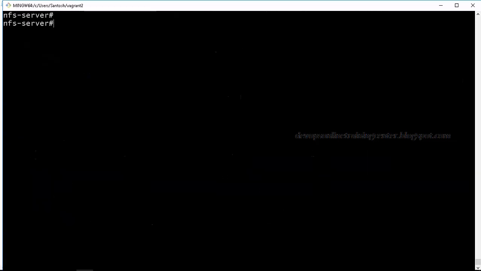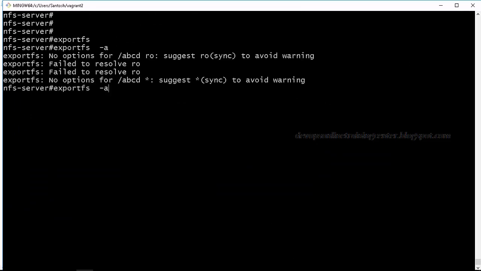Now I'll just say exportfs, enter. Sorry, exportfs -a. If I do exportfs, it says /abcd is shared to everyone. We can actually give a lot of other options like read-only, sync and all, but for now let us just try to share a simple directory, right?